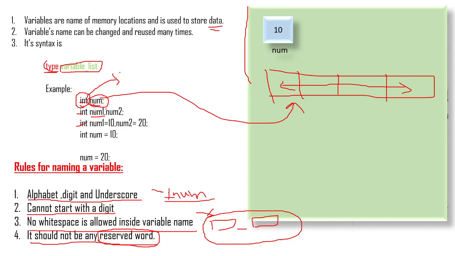So this is the use of the data type, because depending upon the data that you want to store, you will have to give the data type. Suppose you want to store a huge number, you will need more bytes to store it, so you will use long instead of int. If you want to store a character, you would give char, because in that case the computer will understand that the user wants to store a character in this particular memory location. So this is the main use of the data type.